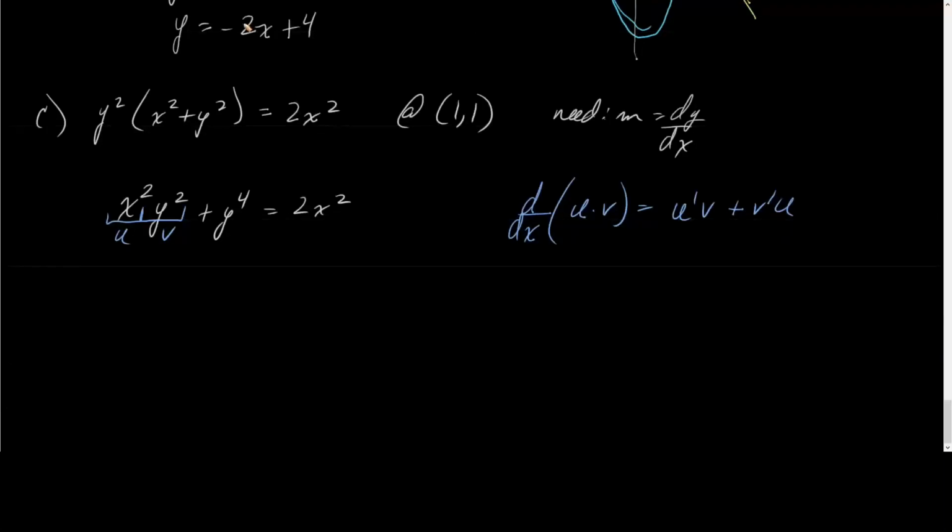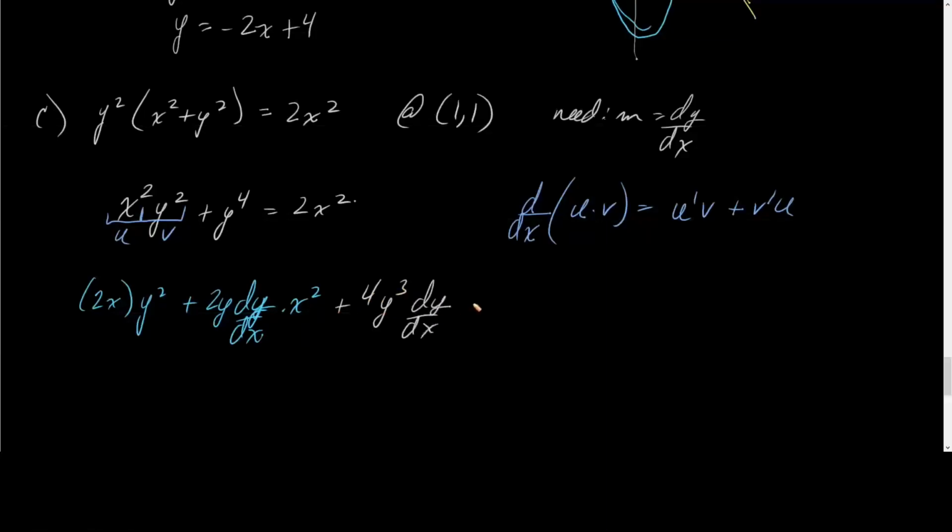All right. So let's go ahead and apply that here. So what does that mean? So the derivative of this equation, well, the derivative of the first, right? And here I need to do the product rule before I can even consider the rest of that. So perhaps that part I'll do in blue. So the derivative of the first, 2x, times the second, y squared, plus the derivative of the second, 2y times dy/dx, right, by implicit differentiation, times the first. All right, so there's my product rule. And then the rest of it, well, plus 4y cubed times dy/dx